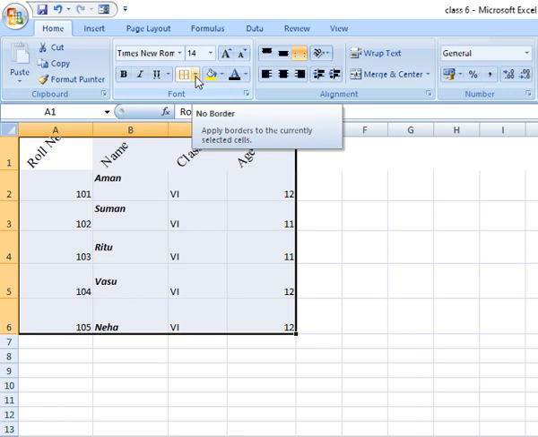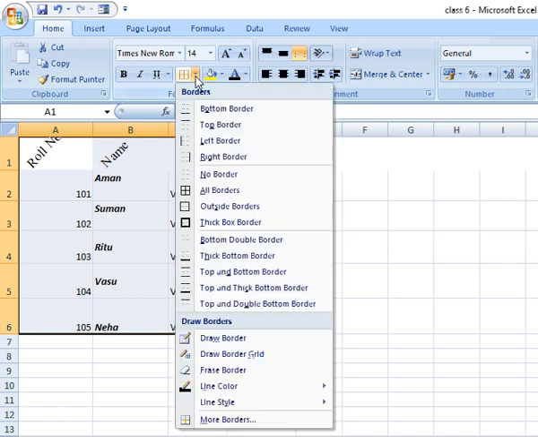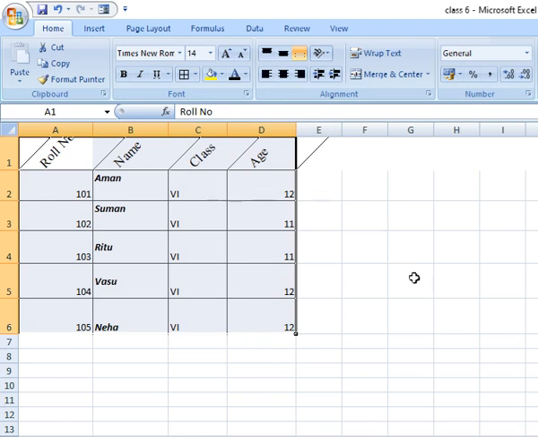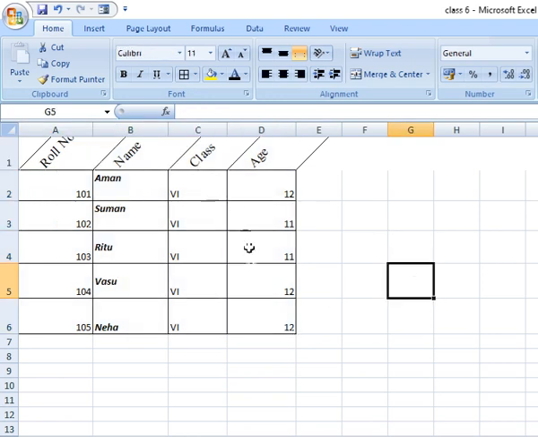The borders drop down box will appear as you click on the button. See, so many options are there. Either you can give it a bottom border, top border, left border or right border. So suppose we choose all borders. You can see that the whole border appears around the content of the cell or range of cells.